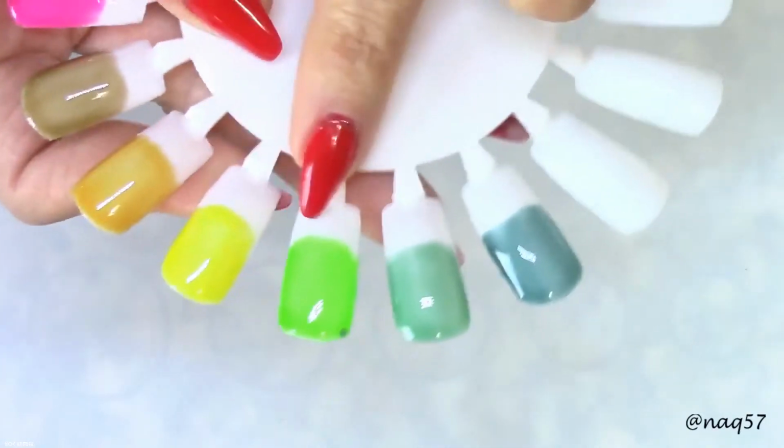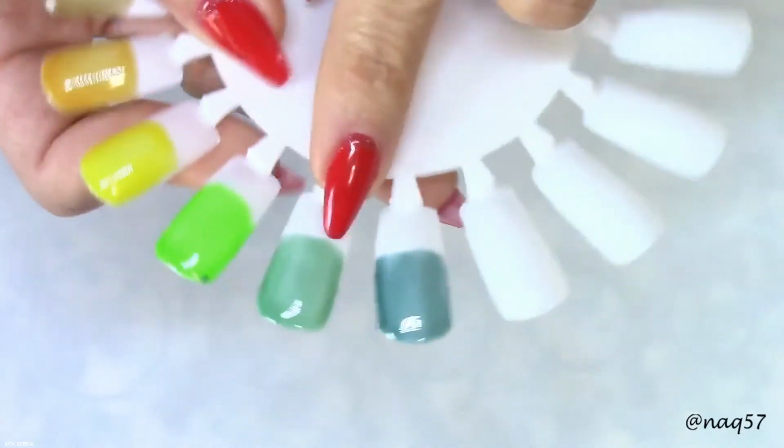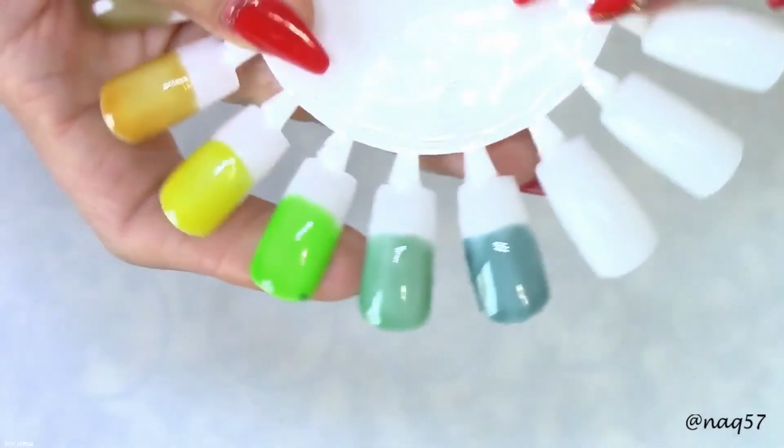Looks very neon-like. And right next to this, neon green, absolutely gorgeous. Then we go to more of a true green, and last, we finish here with a turquoise green. Beautiful colors. So now let's